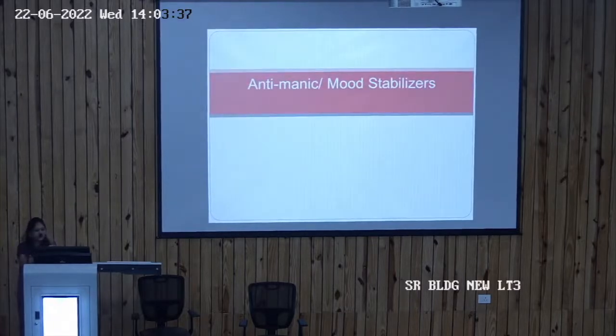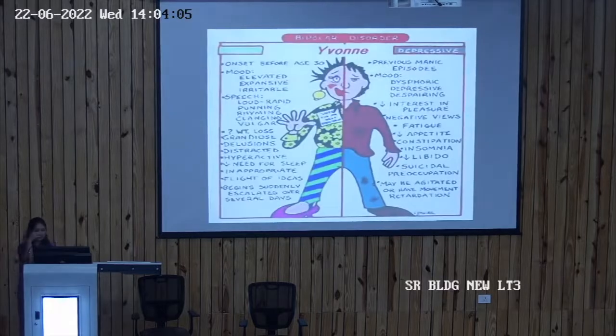Now we're coming to anti-manic drugs, or the mood stabilizers. So let us compare how mania is different from depression. Mania usually has its onset before the age of 30. This is not so with depression, which can be at any age, but usually mania onset is